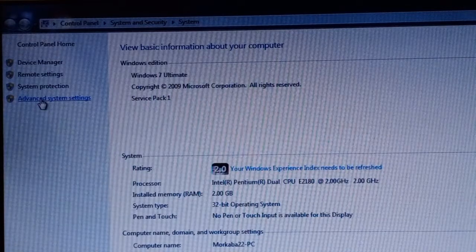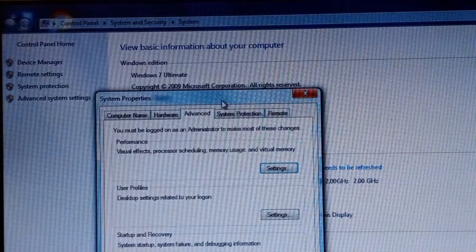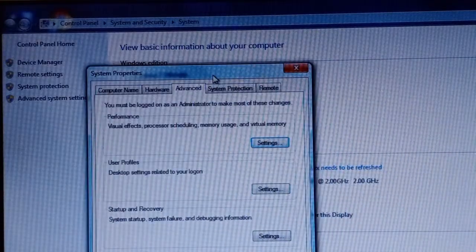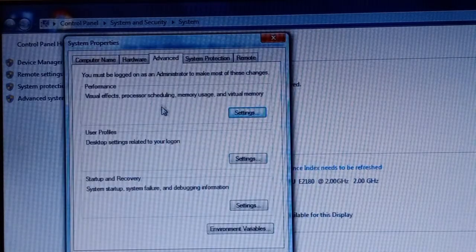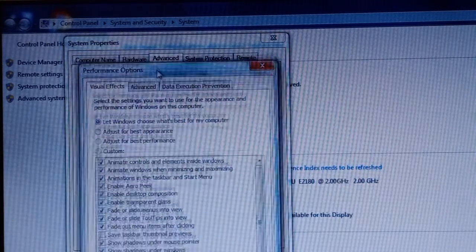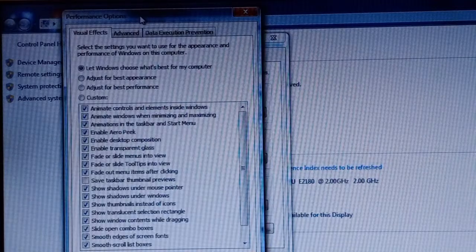One option is there, go to the Advanced system settings option, and then you will get one window that is called System Properties. This is the System Properties window. Okay, in it the third option, Advanced, is there. Click on Advanced, and next go to Performance settings. This is the first setting, Performance settings. This is called virtual memory. Click on it, and again one more window will open.